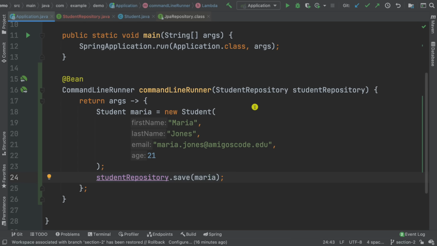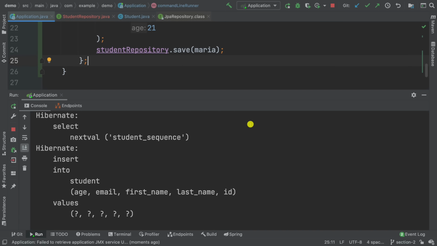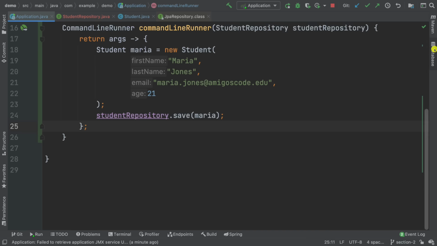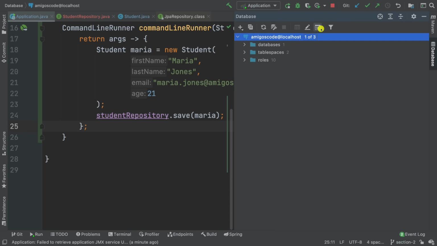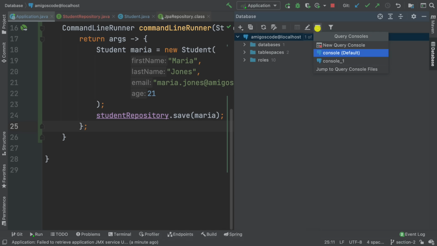So now let's go ahead and start the application. And there we go, you can see that worked. But now check this out. In the logs, we can see that Hibernate performed an insert into student, and then it passed the age, email, first name, last name, and the ID. Because the ID is managed by the sequence and we didn't specify it, and then it passed the actual values in here. This means that now if I check my database, and in here we can jump to query console,